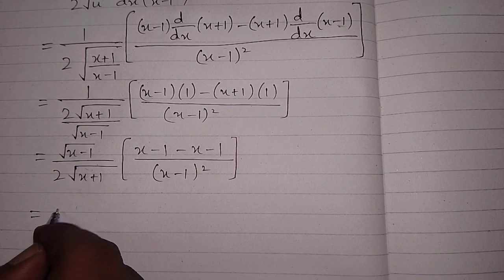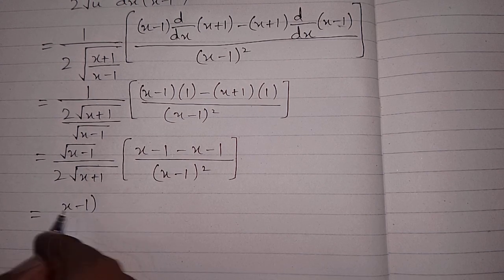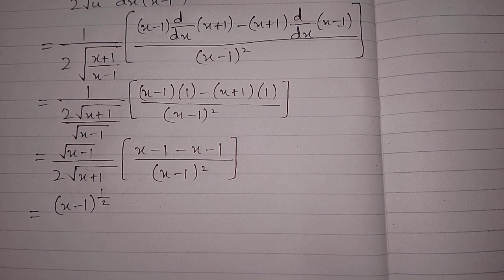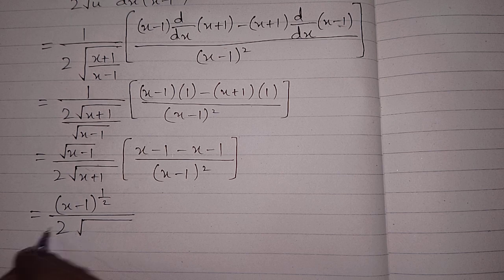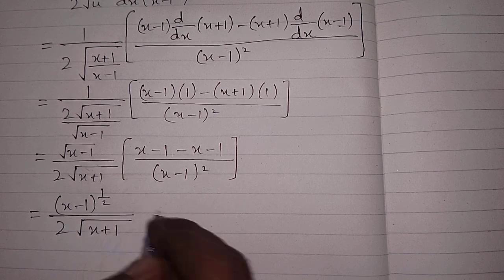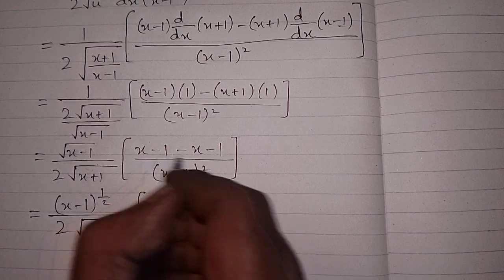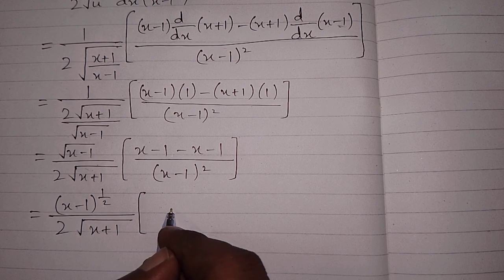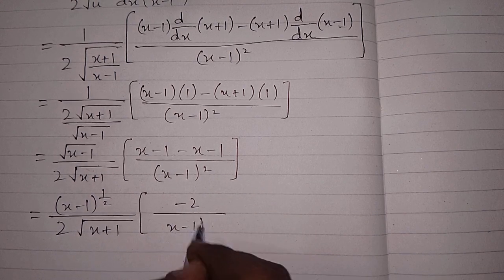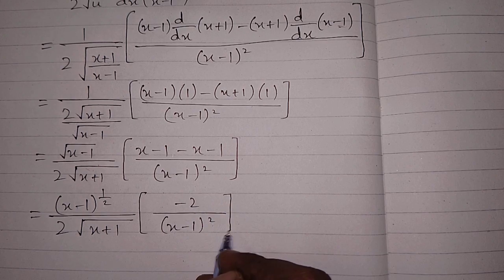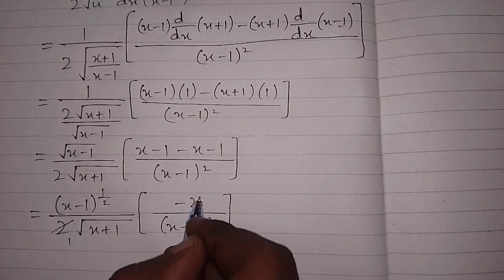Now square root of x minus 1 can be written as (x minus 1) whole power 1 upon 2, and in the denominator we have 2 square root of x plus 1, and here x minus x is 0 and minus 1 minus 1 is minus 2 upon (x minus 1) whole square. Now we can cancel this 2 and this 2,